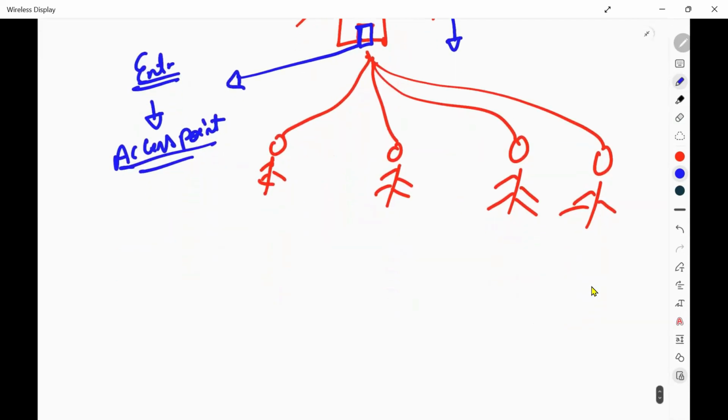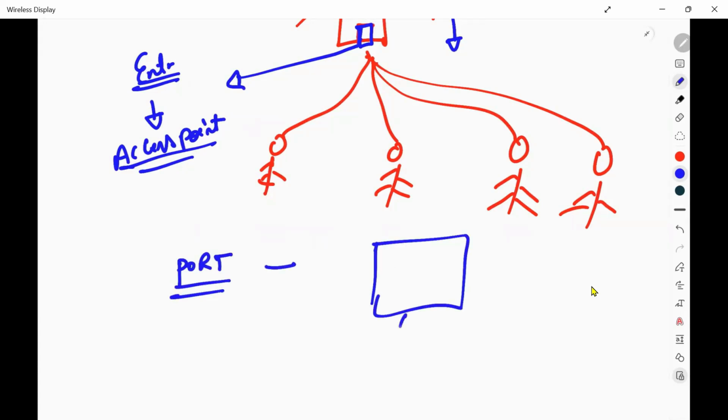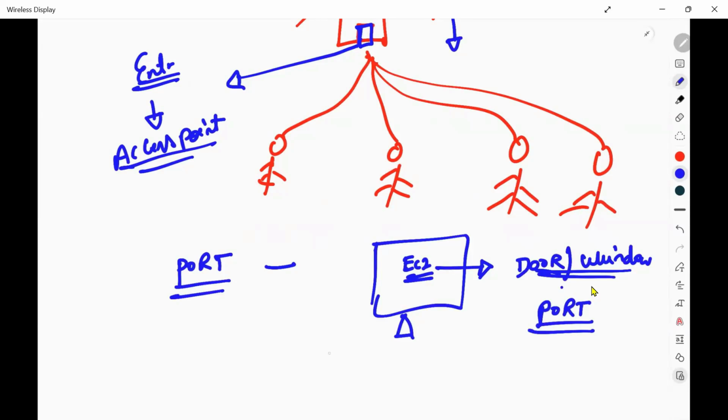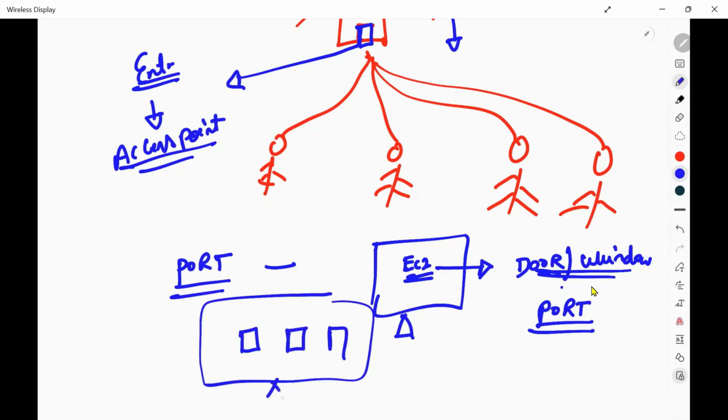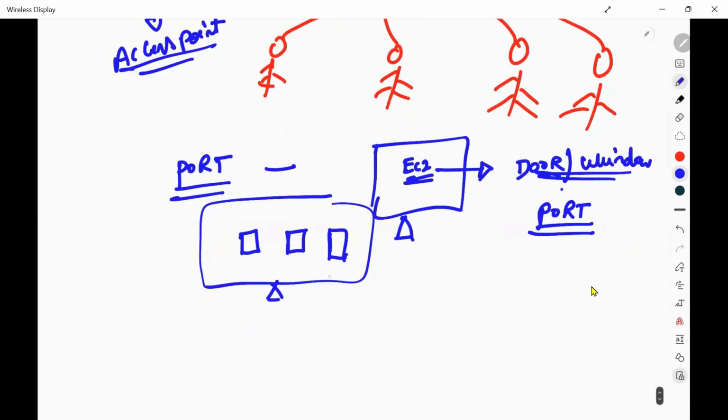Just replace your door with your port. Whenever you host your application inside your EC2 machine, that application is accessible through only some door, some window, just like your house. That window we call a port here. It is just like having a number of windows in your laptop.